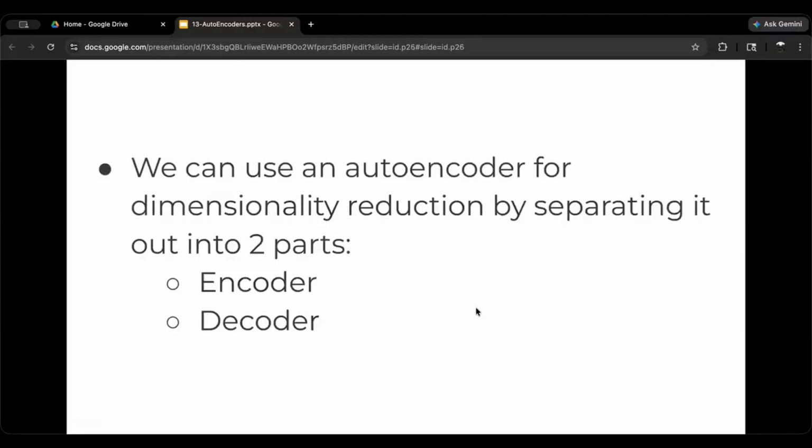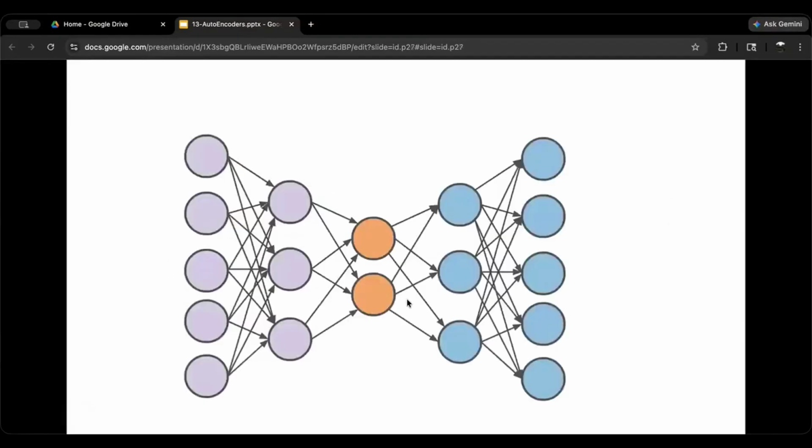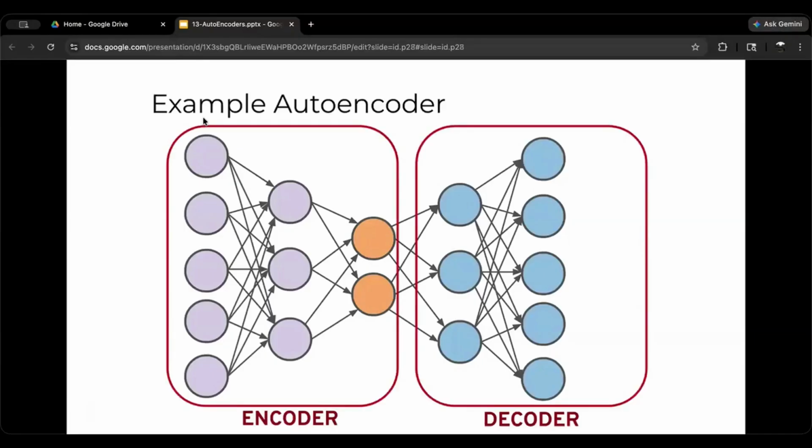We can use an autoencoder for dimension reduction by separating the autoencoder into two parts, the encoder and the decoder. Here we have the full autoencoder. Recall the main idea here is that we have the same number of inputs as outputs, and inside the autoencoder we do a dimension reduction and then expand this back out to the original dimensions. So we separate this out into two parts, an encoder and a decoder,